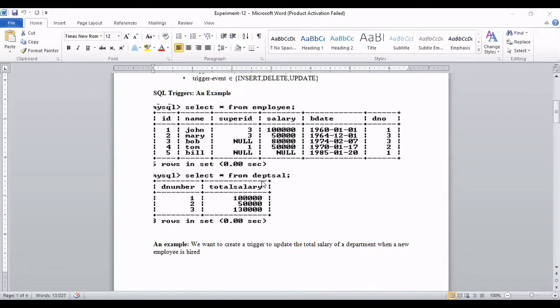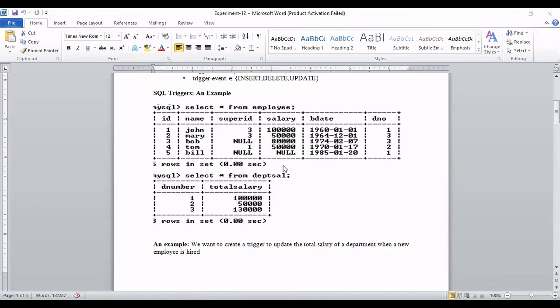Then if I ask what is the salary now under this department 1, it will not be 1 lakh again, because I have added a record with ID number 6 and a salary of 2 lakhs. It should not show me 1 lakh, it should show me 3 lakh. Why? Because of the 2 lakh salary I have added for employee 6. But for that reason, I need to change this department salary function also.